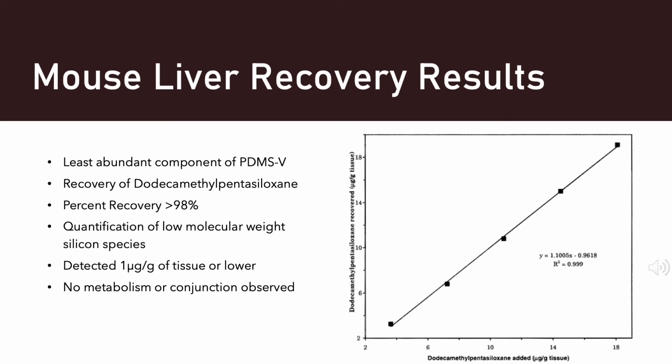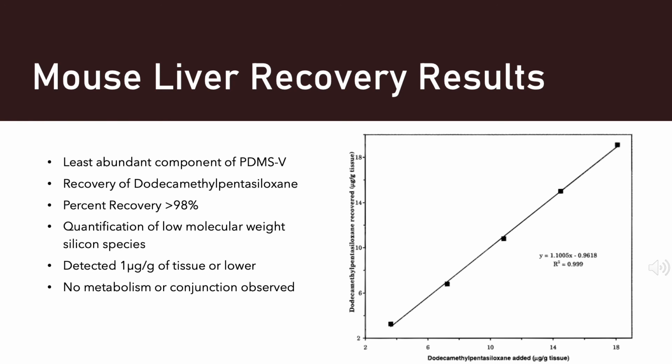They looked at the percent recovery corresponding to the first peak, which was the least abundant of PDMSV, and it's known as dodecamethylpentasiloxane. The percent recovery was found to be greater than 98%. A similar percent recovery was found using the GC, AED, and GCMS for the linear PDMS oil, being 96 to 98%. The graph shows that the low molecular weight silicone species can quantitatively be recovered from tissues using GC, AED,